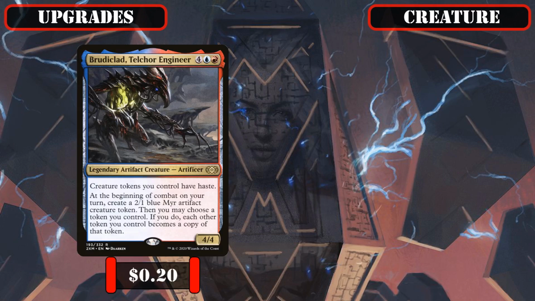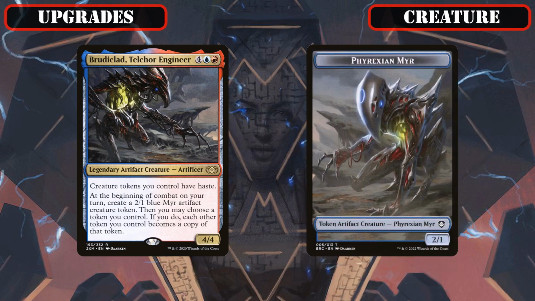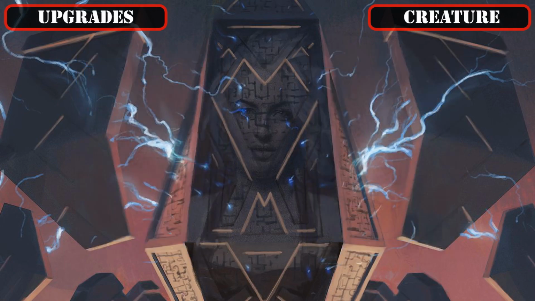Telchor Engineer, who not only gives us access to Phyrexian Mirror tokens, but also gives us the option to turn all our tokens into copies of the strongest token we have in play to generate an instant army to alpha strike in with. And then, as our last few new legendary token generating additions, we'll be replacing the solid artifact